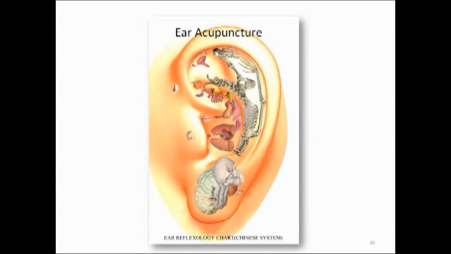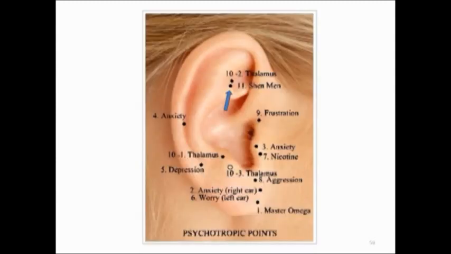Musculoskeletal and organ system ear chart serves as a reference guide to find the reflex points to treat functional disorders and pain. Psychotropic points. Emotional and psychological factors take a considerable effect to how a person experiences the degree of pain. Stimulation of psychotropic points can result in affecting the brain to alter the mood and the perception of pain. Commonly used psychotropic